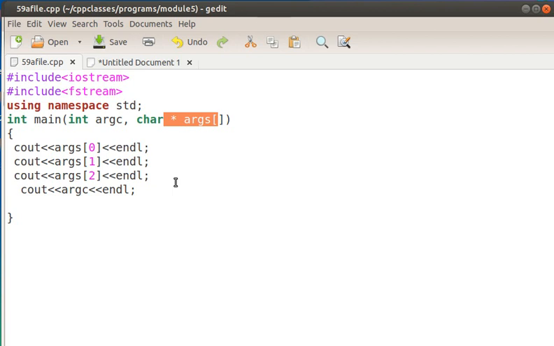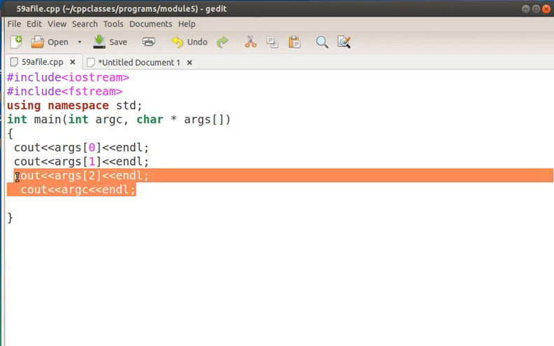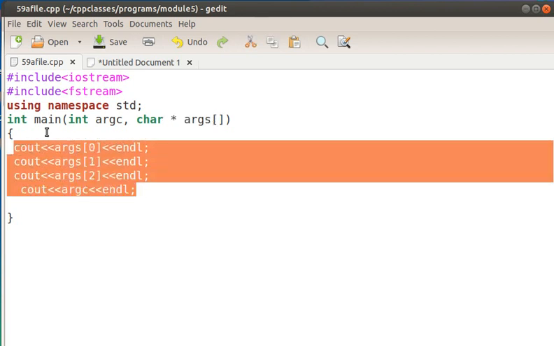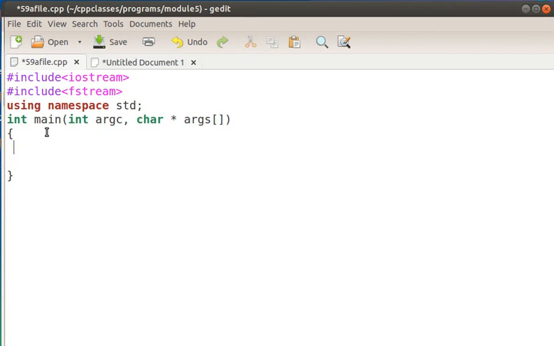So this is passing arguments through the command line. Now what I am going to do is simulate the copy command of the operating system, that is, copying the contents of one file to another. For that we need one file, then we have to copy that file to another. So I am creating two objects here, ifstream f1 and ofstream f2.